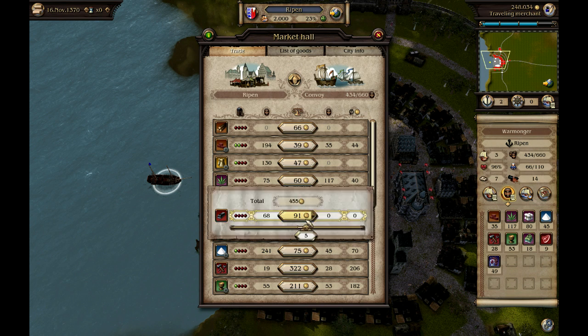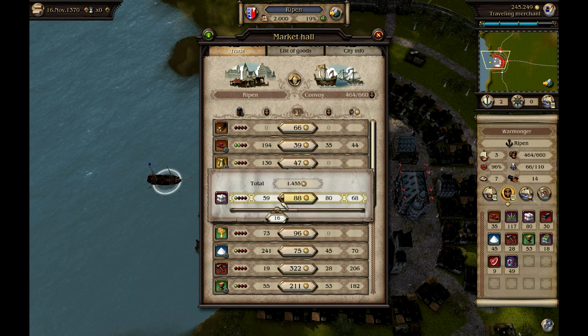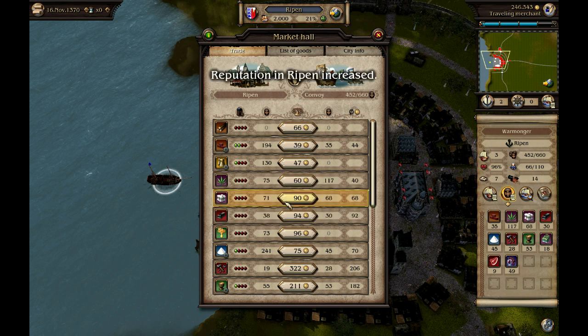So let's say I really, really needed raw metal, and that happens sometimes. I really need raw metal, so screw the town. I'm going to take the raw metal and pay the high price. So I'm going to do that. Reputation decreased. So this went down. I don't know what it used to be, but it went down a little bit, maybe a couple percent or something. It's not devastating, but you don't want to make a habit of that, because you do need the reputation